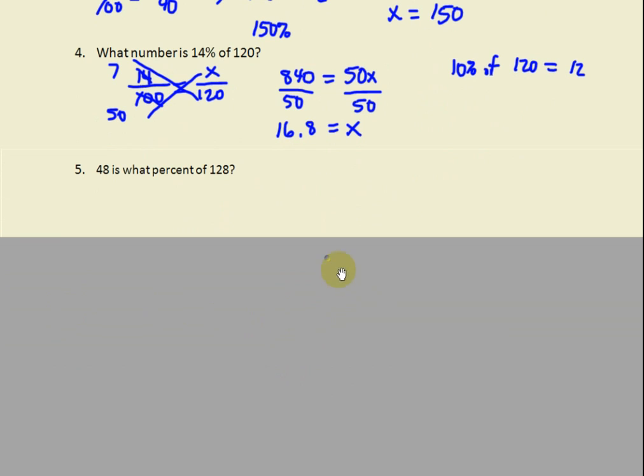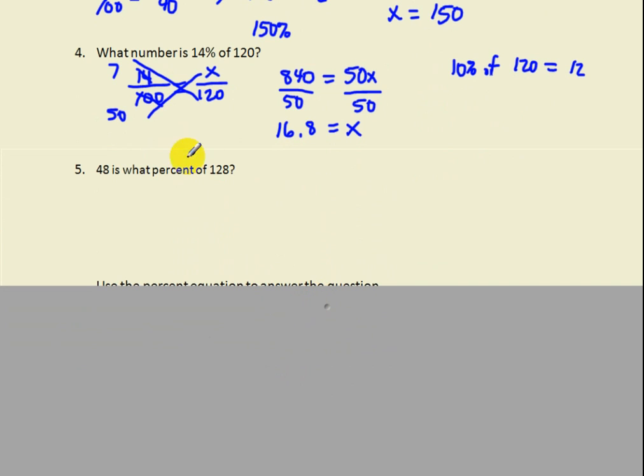Hey, 48 is what percent of 128? So we're looking for the percent. X goes on top over 100. And 48 is the part of the base. 128 is the base of 128. So 128 goes in the denominator. So we can go ahead, we can simplify this. I'm just going to go ahead and cross multiply. We get